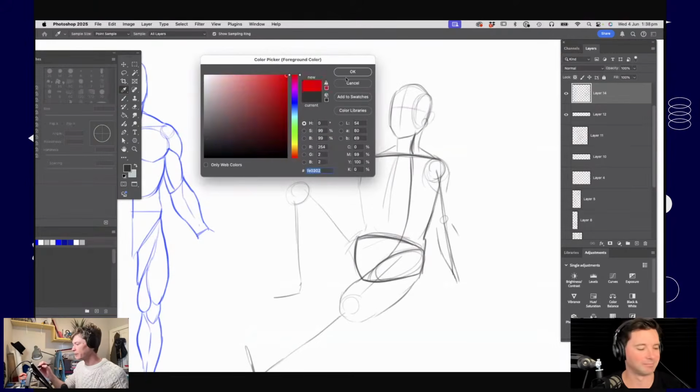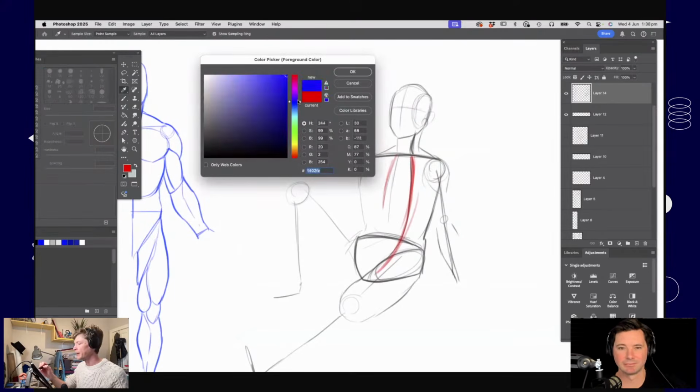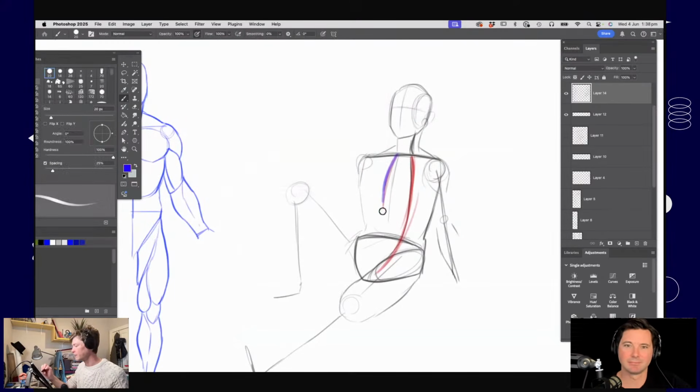One thing I wanted to bring up here is that you can see I've got two lines around the chest here. One is for the spine, which is the most important one, as this person's sitting. I've got the curvature of the spine in red. But I'm also going to do the line for the front of the chest. So we were talking about if this person had a cross on their chest, what would those lines be?